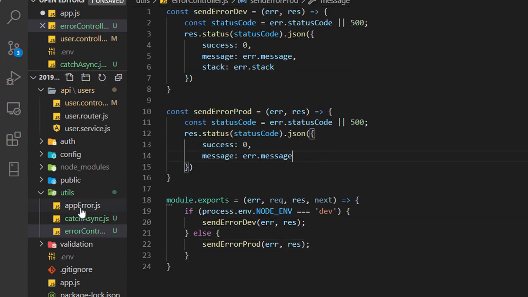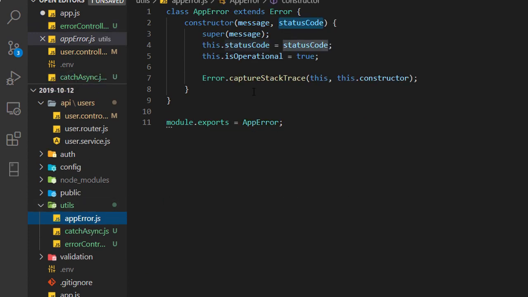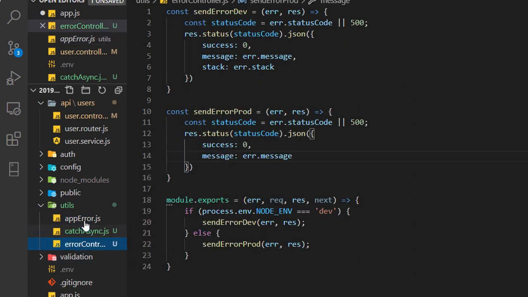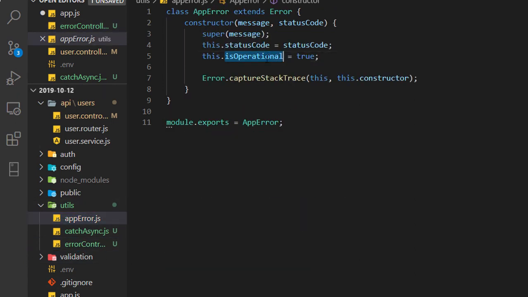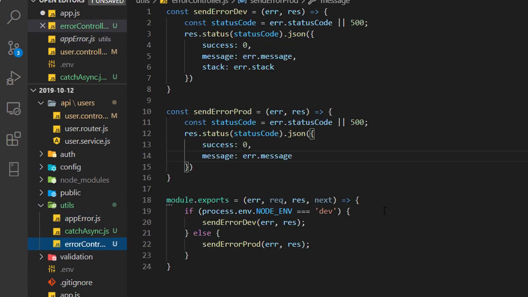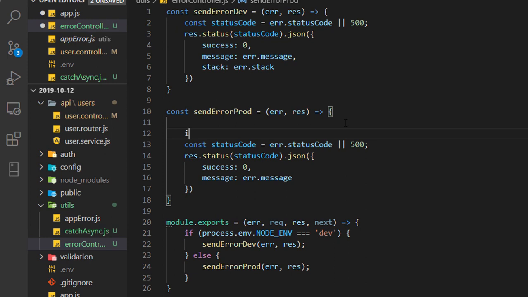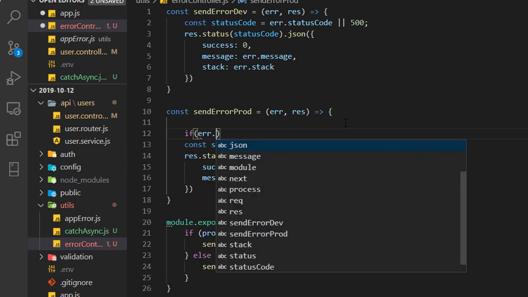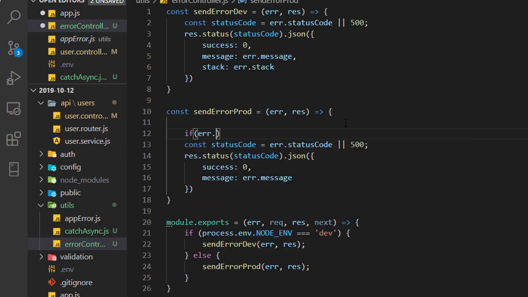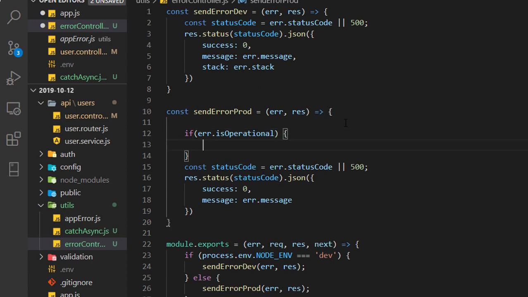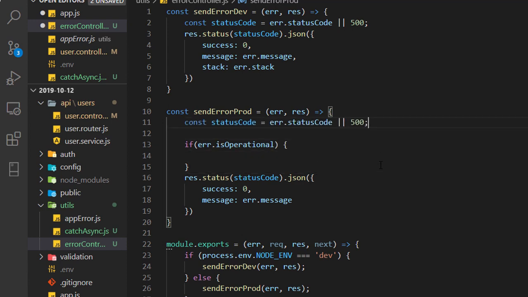If you guys noticed, when I created our custom error class, I used isOperational true. So now let me use the isOperational value here also. If I'm in production mode, I'll check if error.isOperational is true. Let me put this line on top.